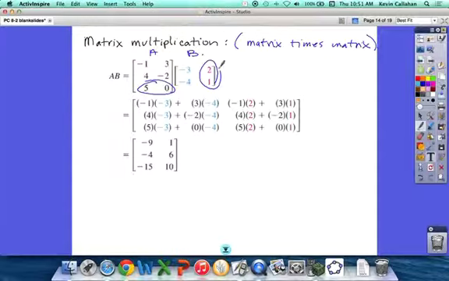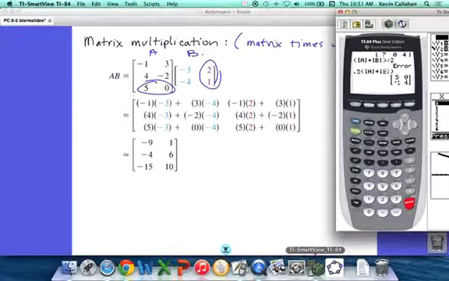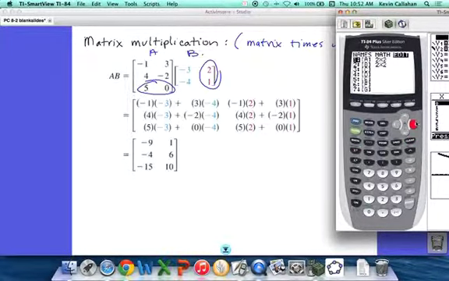But you put that in the calculator, it's done automatically every time. I'll do this one real quick, just to show you. Let's see. Remember, how do I store a matrix? Second, x to the minus 1, edit. Okay, what's my first matrix? The order is 3 by 2, right? 3 rows, 2 columns. So we're going to go